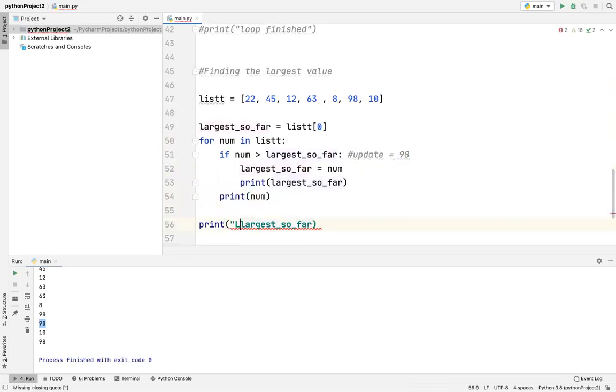The largest value, which is 98. Since the last update was 98, the last thing saved in largest so far was 98. So similarly, to find the smallest value,